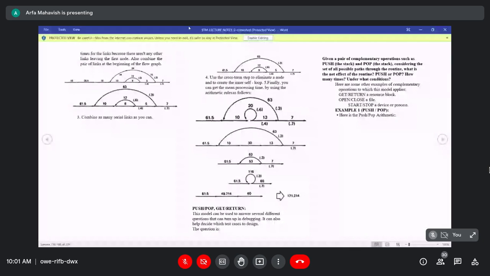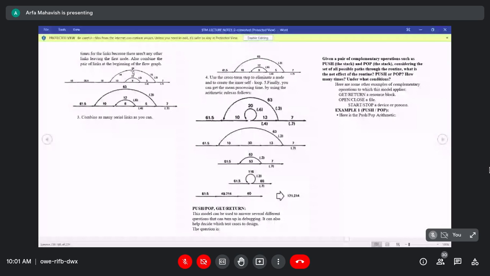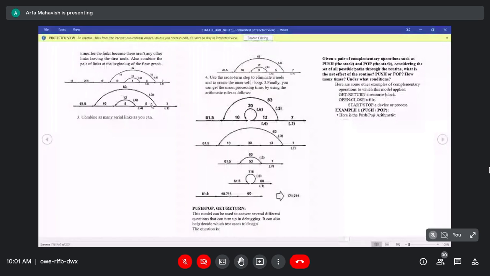Look at it. Here, next we are combining these two links and you are getting the single node. Okay, next you are going with this complete link. We are getting this value for that, and from this single serial link we are doing this, we will get this value. So same like that we are following till we are getting the single path line. Okay, till here you are solving those expressions.